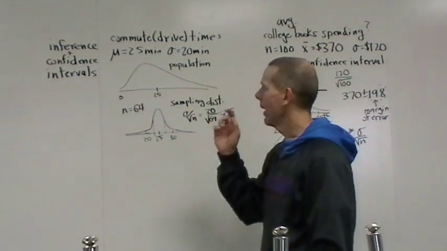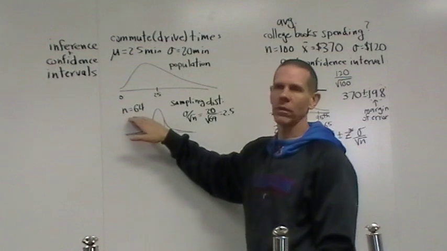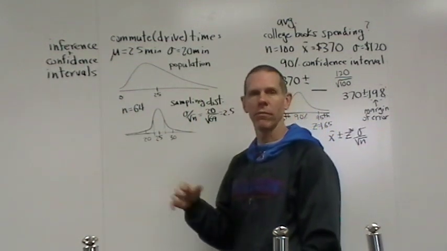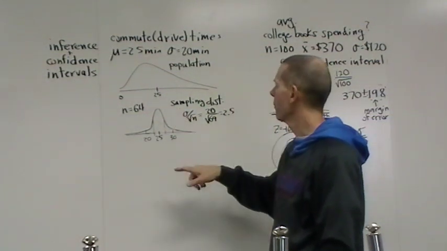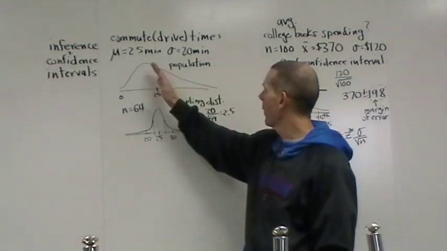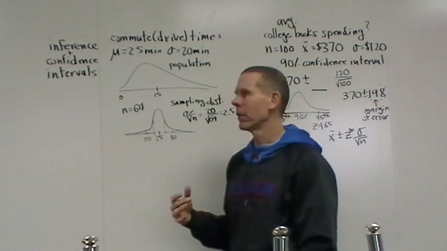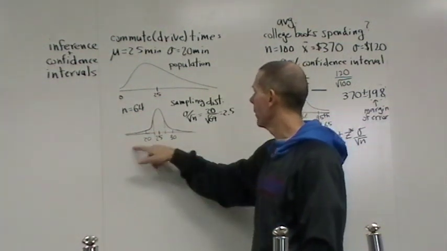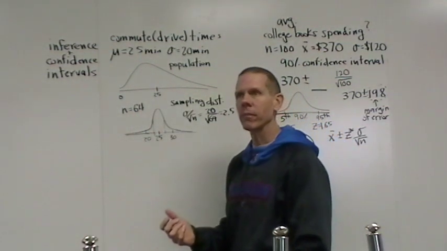That's not normal. However, if we decide to take a sample size, let's say 64, because it's a nice number, and find the mean of a bunch of different samples, in fact, every sample you could ever take, you'll be producing the sampling distribution. We already know this. The central limit theorem says that the mean of the population and the mean of the sampling distribution are the same. The central limit theorem says if you take a large enough sample, the sampling distribution will be normal, even though the population was not normal.